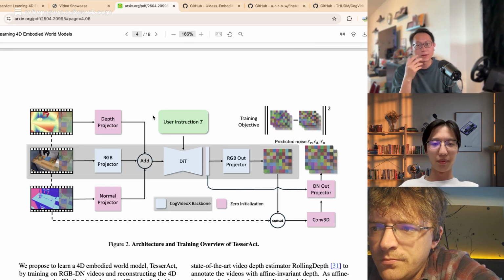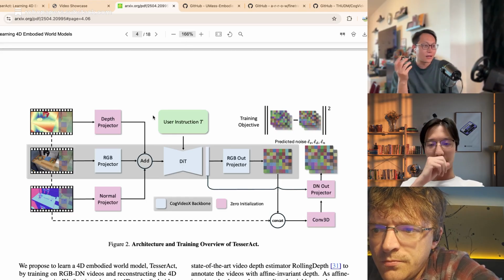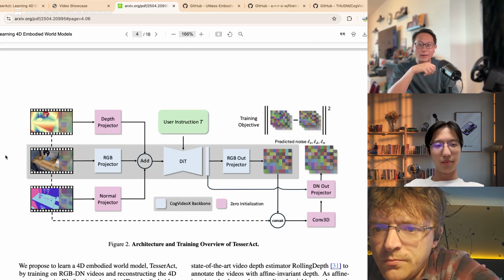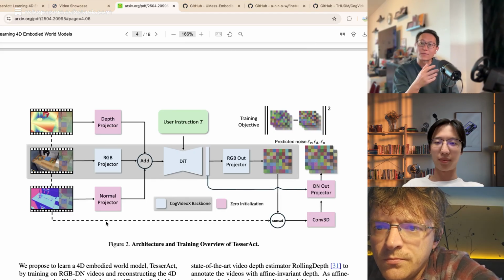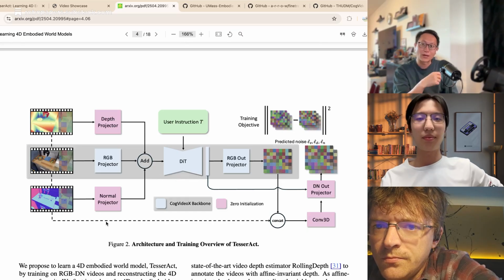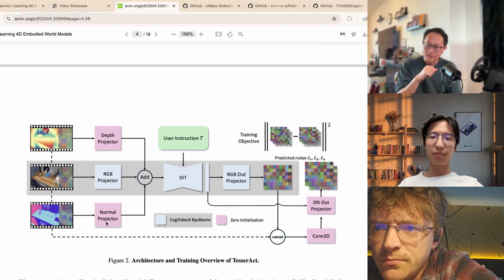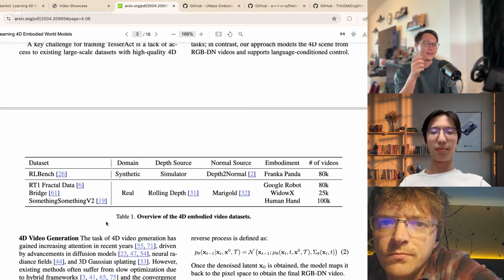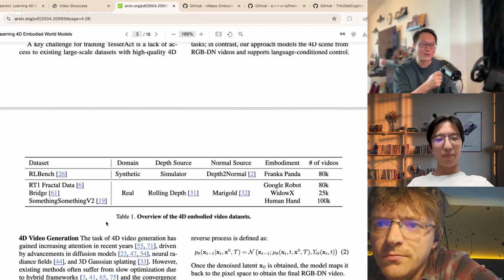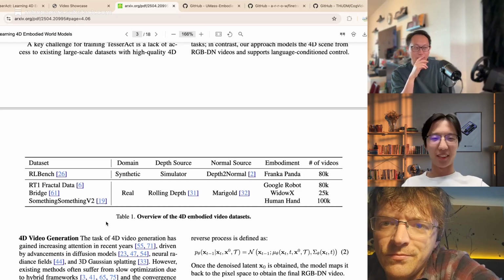So you have maybe a new 100 videos of, let's say, the Google robots pouring a cup of tea, right? And from there you should be able to imagine different kinds of cups, or different kinds of drinks, something like that, right? But you won't be able to, let's say, get Google robots to suddenly imagine playing tennis, right? Yeah. Okay.